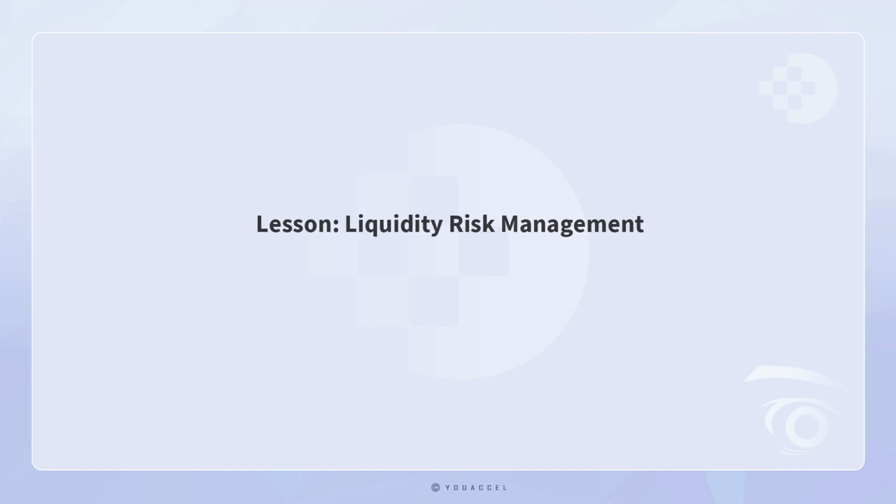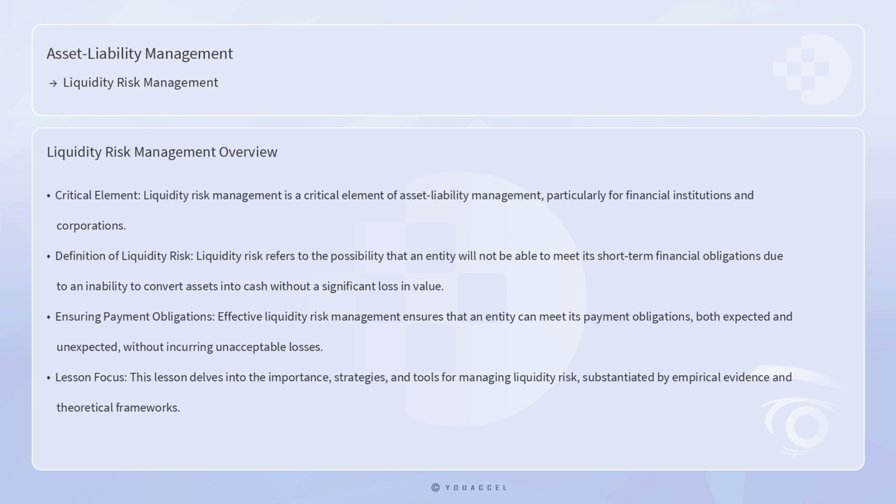Lesson: Liquidity Risk Management. Liquidity risk management is a critical element of asset liability management, particularly for financial institutions and corporations. Liquidity risk refers to the possibility that an entity will not be able to meet its short-term financial obligations due to an inability to convert assets into cash without a significant loss in value. Effective liquidity risk management ensures that an entity can meet its payment obligations, both expected and unexpected, without incurring unacceptable losses. This lesson delves into the importance, strategies, and tools for managing liquidity risk, substantiated by empirical evidence and theoretical